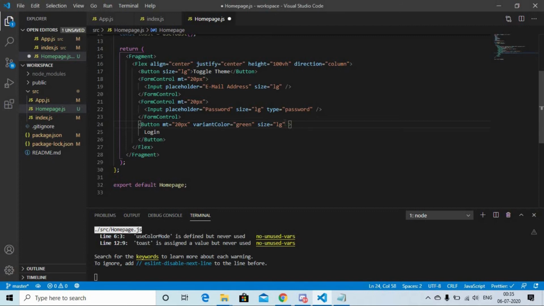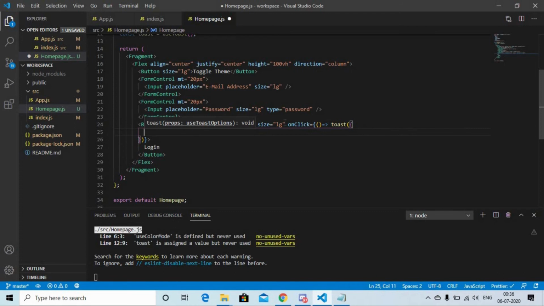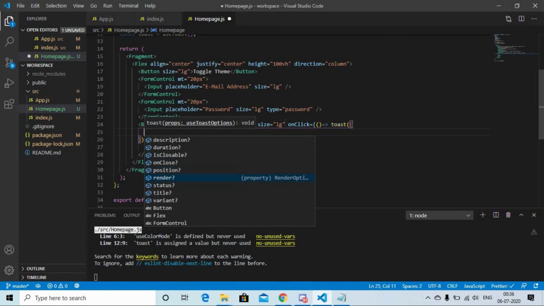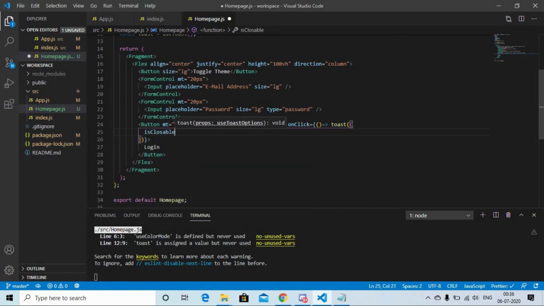So let's go onClick. On click I need to perform a function which would be toast, and here's the magic. If you do Ctrl and space, it will give you all the possibilities that can be there, so you can just do anything here. First I'll set isClosable to false,